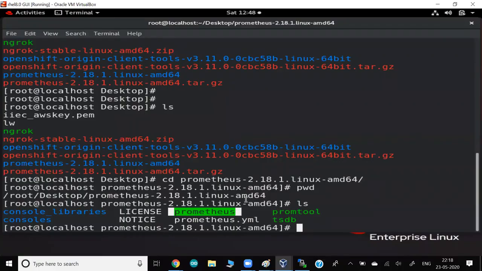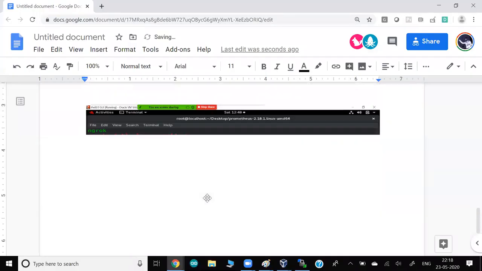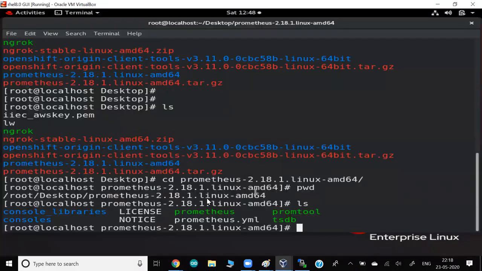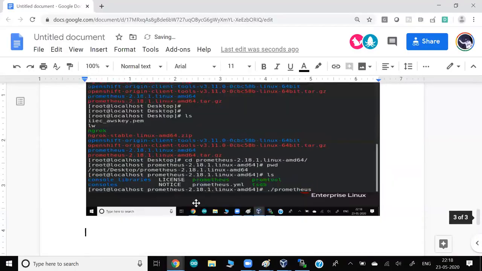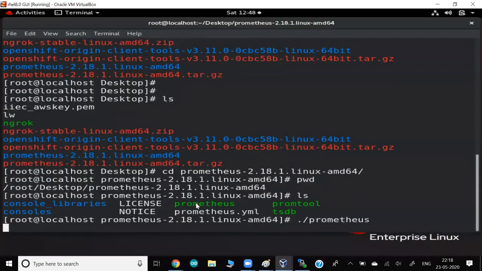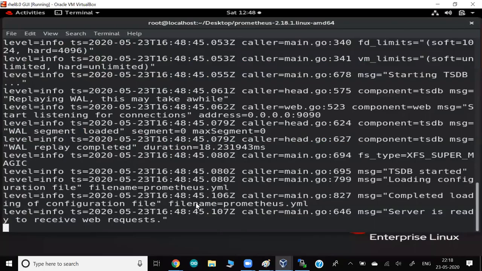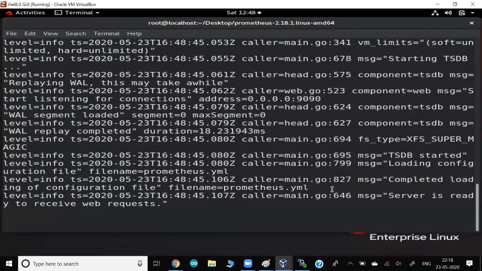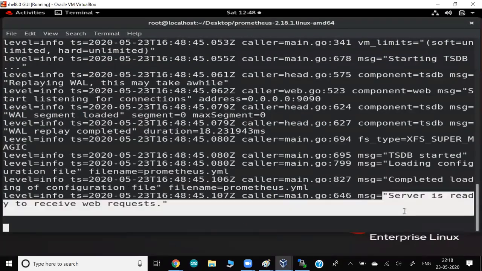You just have to run it and it will start for you. Just write dot, because this is your script, so you write ./prometheus. That's all. One command and it will run for you. Your server starts. It is so simple. Nothing special you have to do. And if you see here at the end, your server has been started.